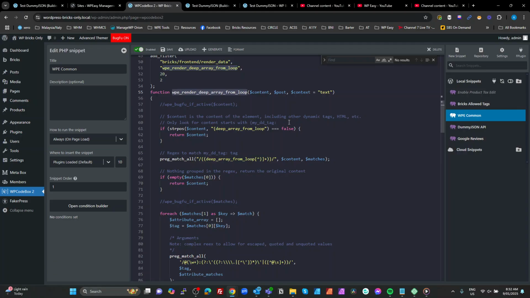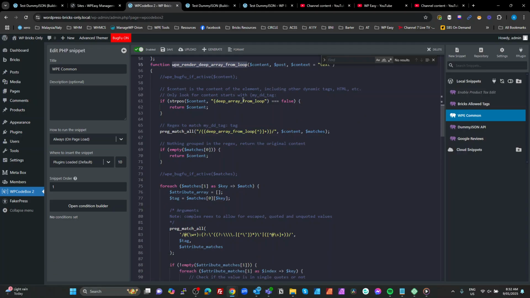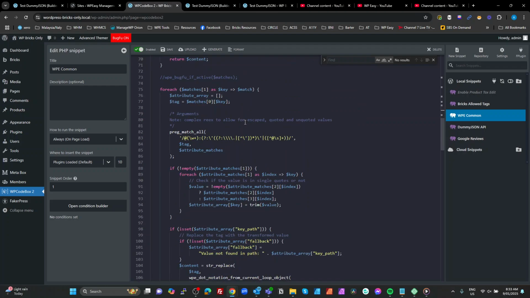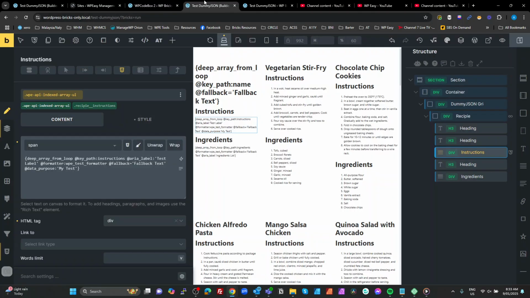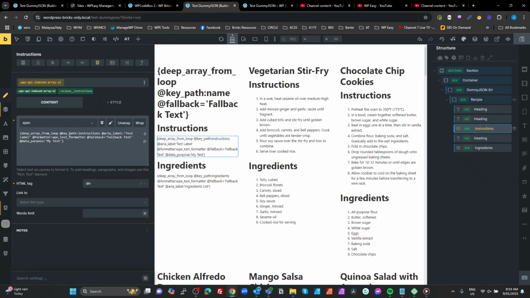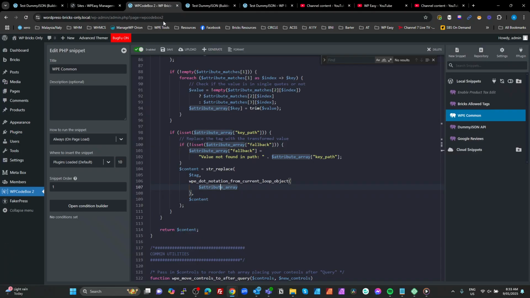The function to render your deep array from loop tag is pretty much the same, except down here, instead of sending the individual attributes we got, for example key path, ARIA label, formatter, fallback, data purpose, instead of sending those individually